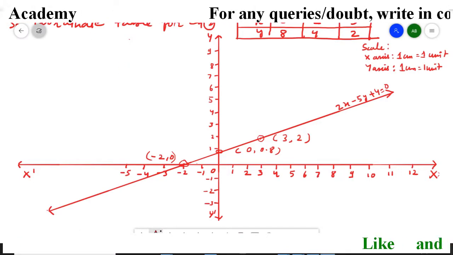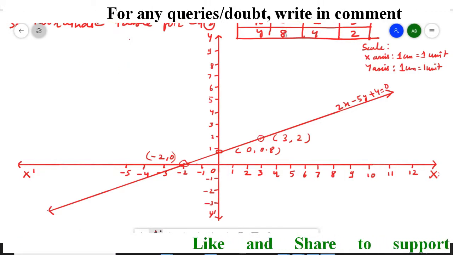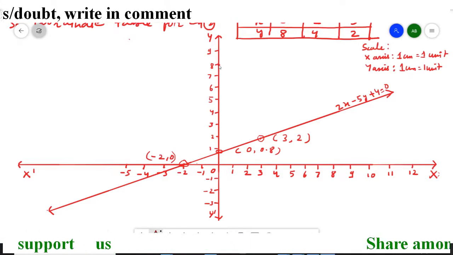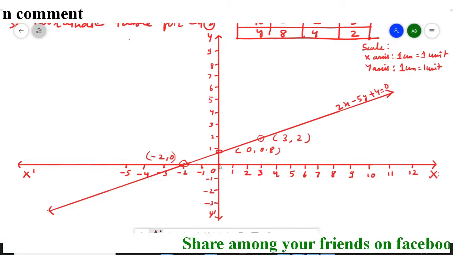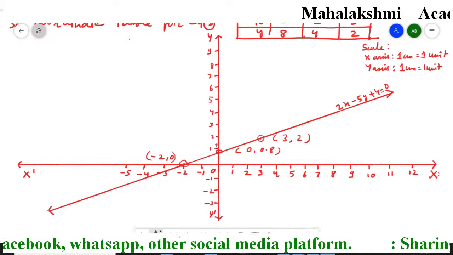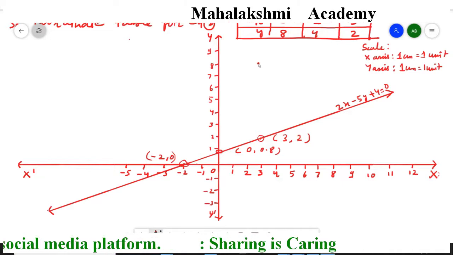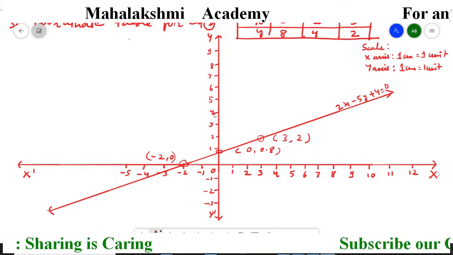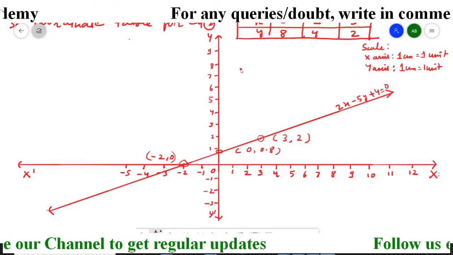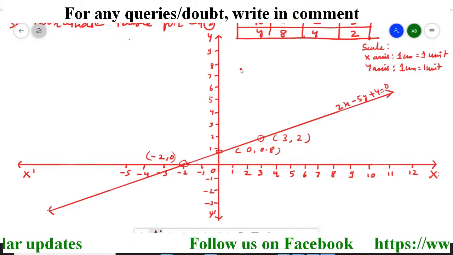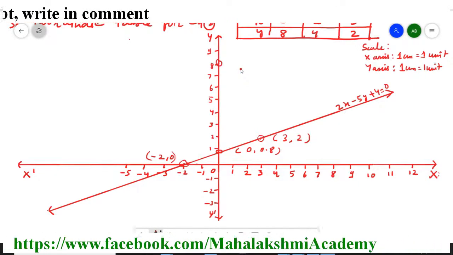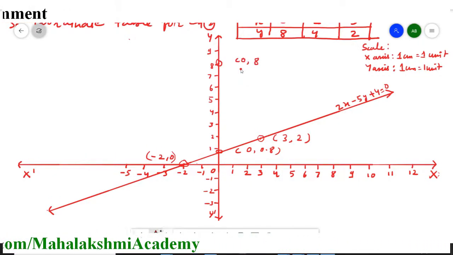So the coordinate table is x is 0 and y is 8. So x is 0 here and y is 8. So it's going to be here. First you have to move to the x-axis. After moving to the x-axis, you have to move either above or below. So y is positive, so on positive side you have to move, and up to 8 you have to move. So we locate the point here, x is 0 and y is 8.